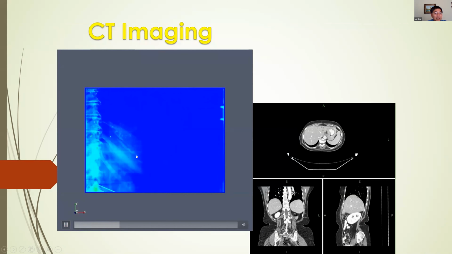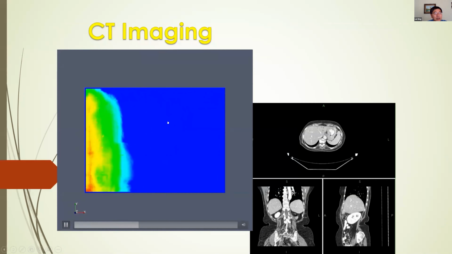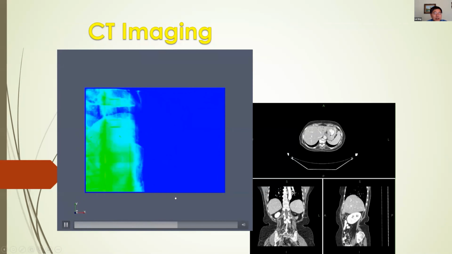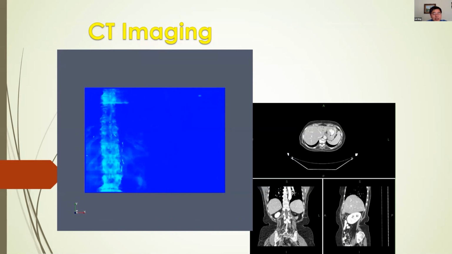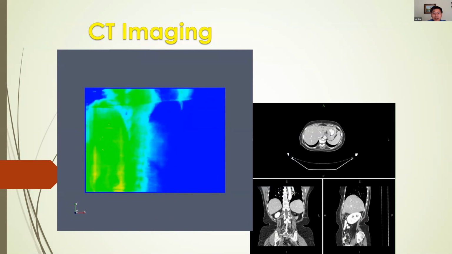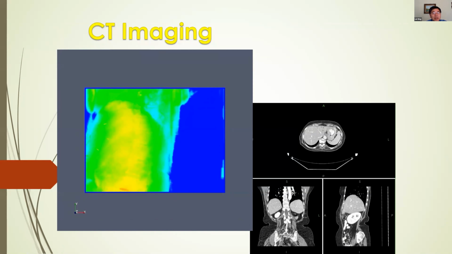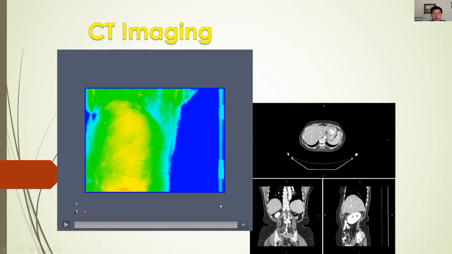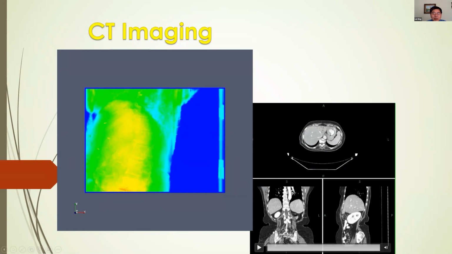What I'm showing here is a data acquisition process for a cone beam CT. So this is one of our lung patients. And typically you need to collect a lot of data, 1,000 projections from 0 to 360 degrees surrounding the patient. So the condition, if you are an electrical engineer, you know that you have to satisfy the so-called Shannon-Nyquist theorem, right? Because you have to have enough sampling in order to get a decent image.